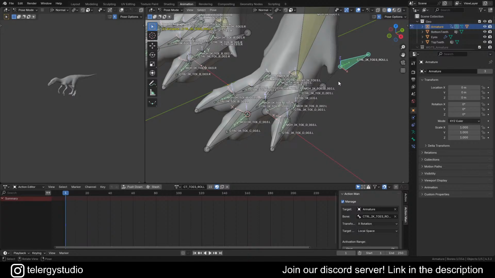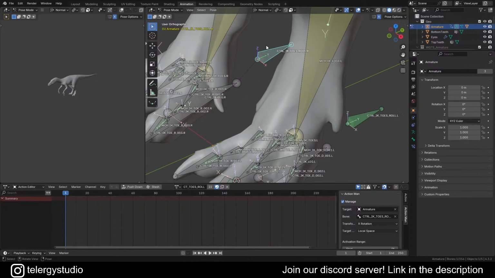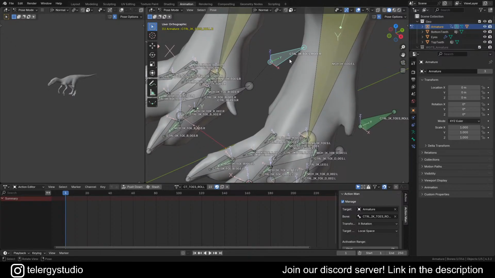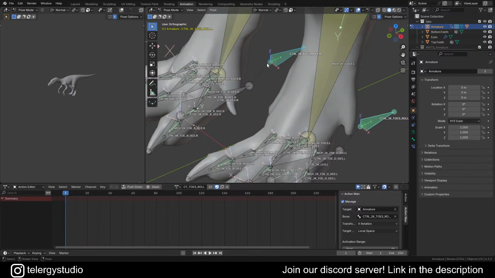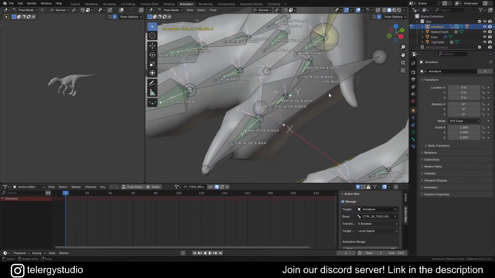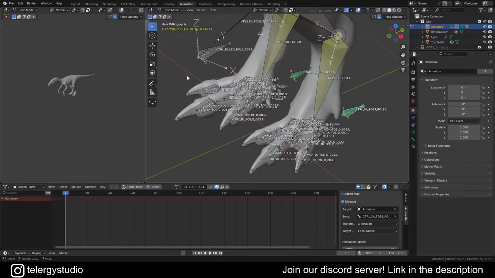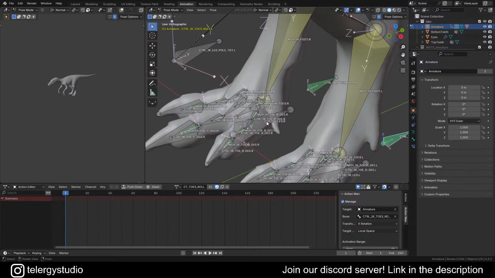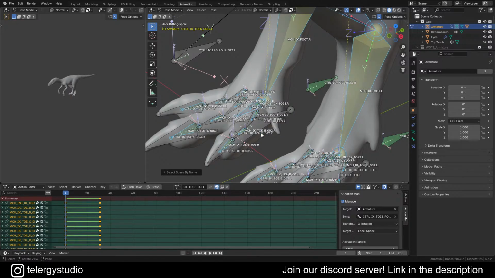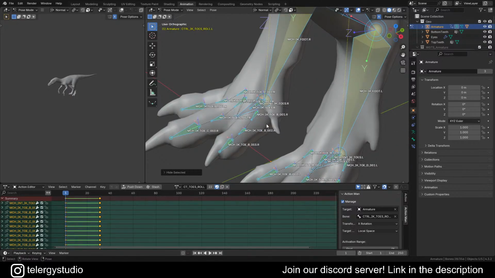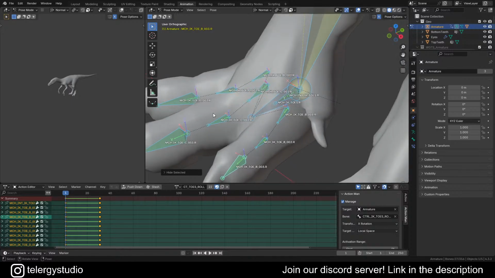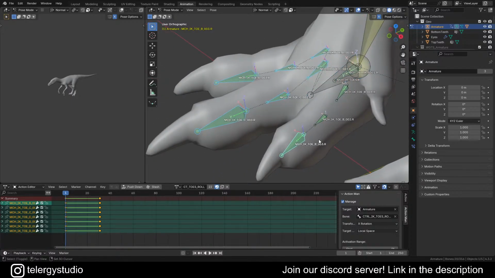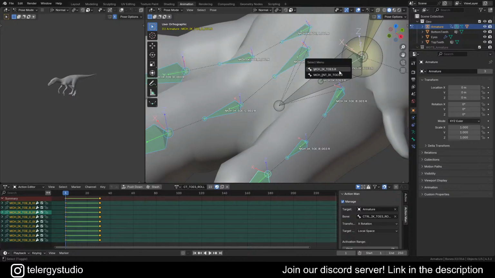So this is really useful, so much so that I use it all the time. So there we go, gonna select that one, select this one, Ctrl C, and I want to copy the bone constraints into that one. Well, this bone is controlling the right side as well, but I don't want that. Then I'm going to look for all the MCH bones, and then Shift H, select these ones. I'm actually going to look for the right bones, Shift H them, and then now I can simply select all the affected bones, which are these ones,